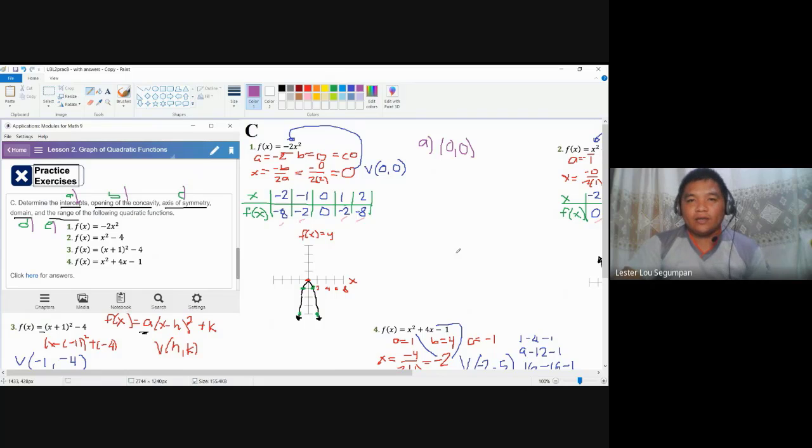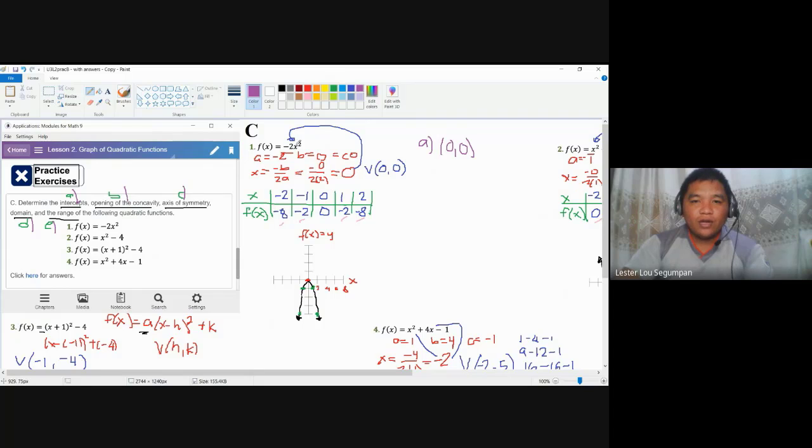If you are not yet convinced with that, let us go back to the idea of roots of quadratic equations, which we also called before the zeros of quadratic functions. We call them roots, solutions to quadratic equations, or zeros, because they are actually the values of x which can make the whole equation, in this case function, equal to 0. Those roots are the determinants that tell us what the intercepts are.